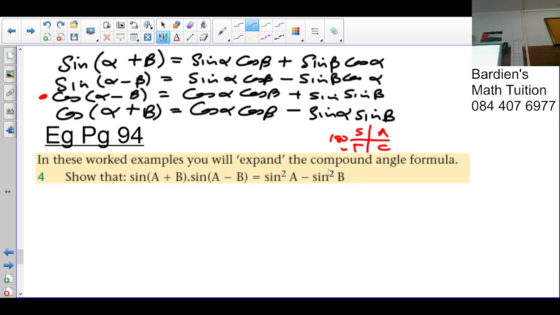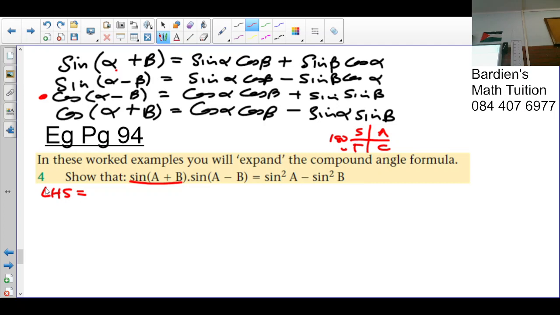So this is what we call, again, your identity. Can you see that? Now in an identity, we don't take things over the equal sign. We work with the left and right hand side separately. So on the left hand side of the equal sign, we have sin of a plus b. But sin of a plus b can be expanded into what? It can be written as sin a cos b plus sin b cos a.